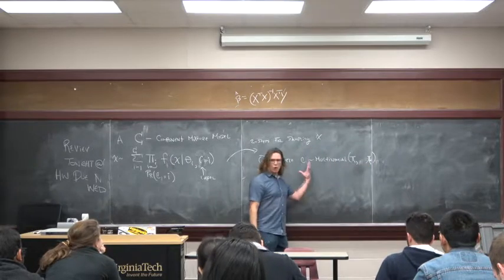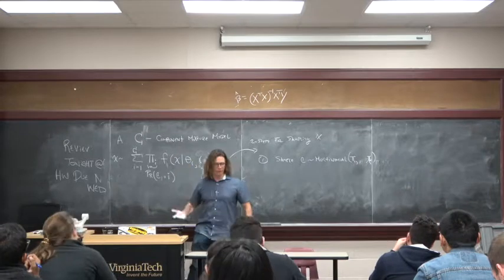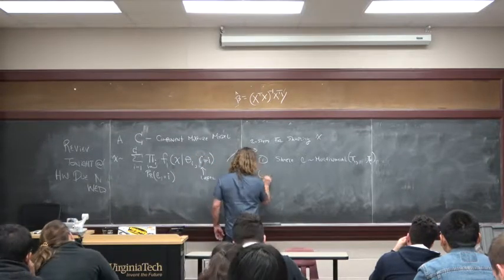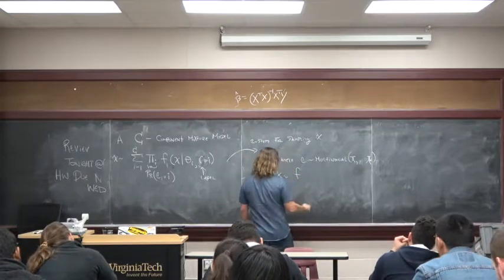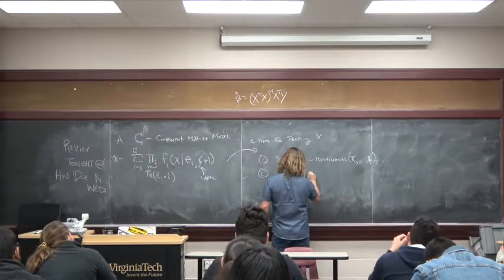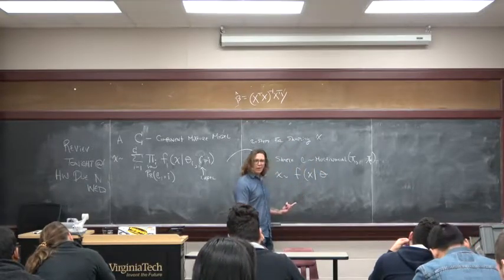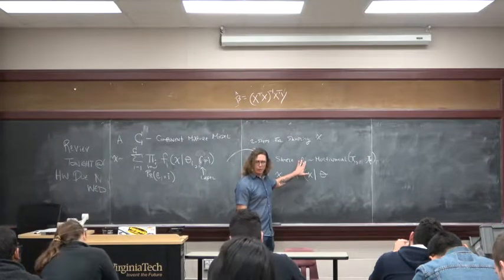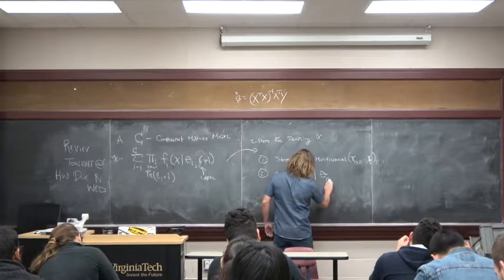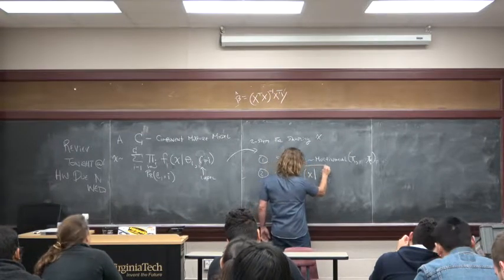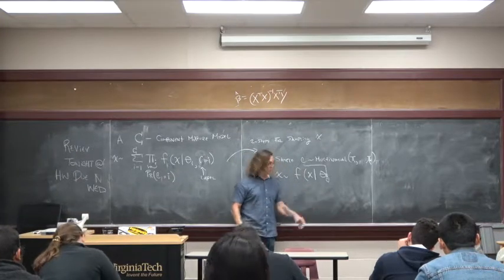And so once I know which component I'm in, then I sample from its respective distribution. So step 2, I'm going to sample X now from F of X given theta. Which one do I want? I want whatever that number is right here. So I'm going to write down C, not cap C, just whatever this is. So that's going to go right there. So that's the theta that I'm going to use to sample from.